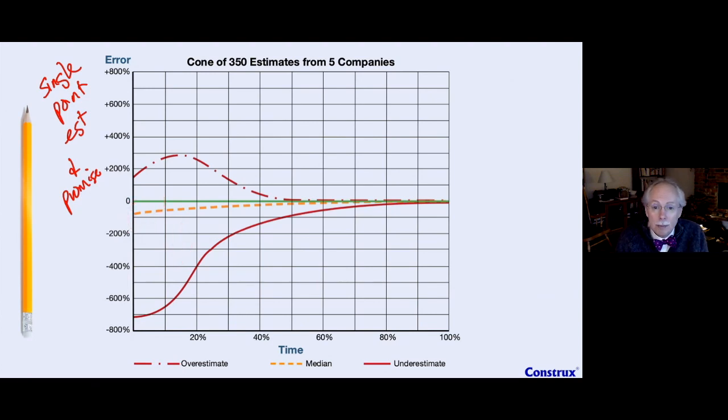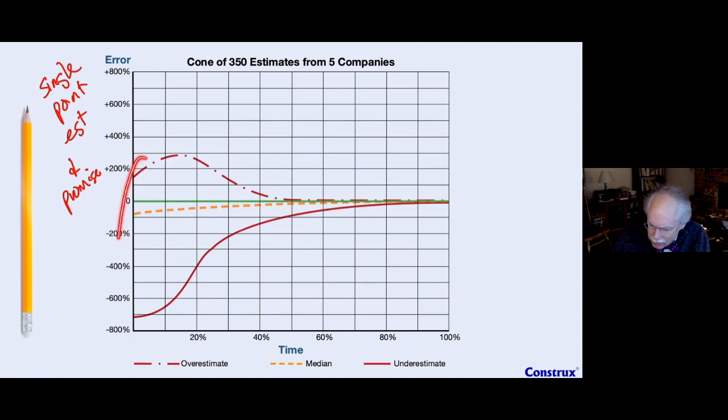So what's happened? Well, we thought it was going to take X. It actually took 4X. So what would be a promise number? If this was my cone for my company, what would be a promise number? Well, I could say, gosh, I think it's going to take this, but if I want to make a promise and I don't want to be wrong, I might have to add a whole bunch to it. And so a promise number here will be super, super scary.